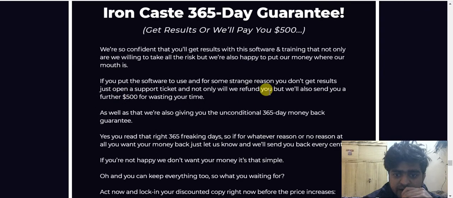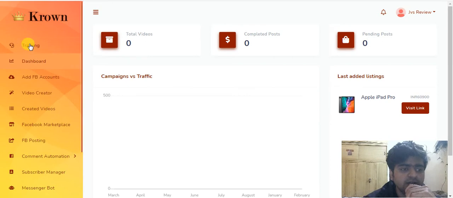Here it is. We refund you a further $500 for wasting your time. So if it doesn't work for you, you can get a refund within 365 days, within a year, and they will return you $500 for wasting your time. So it's a no-brainer. It's great software, and it will come with all the trainings, and it will automate all the work for you.